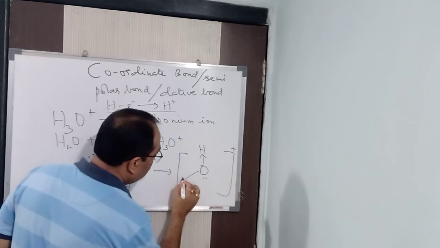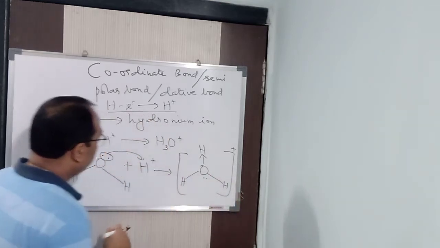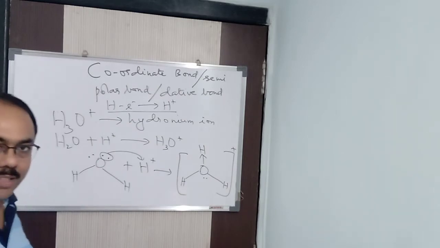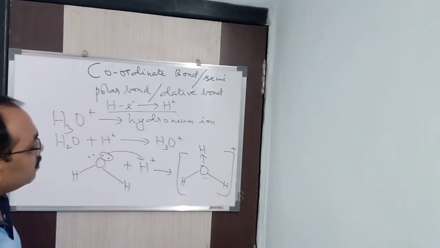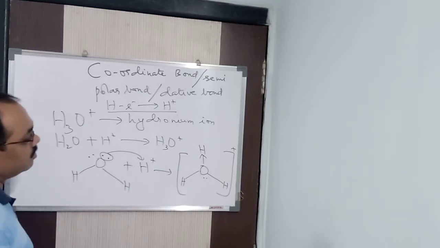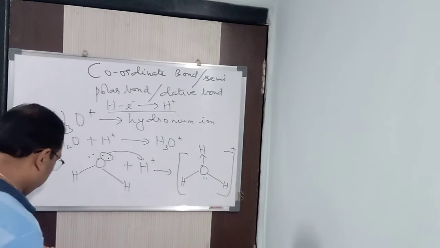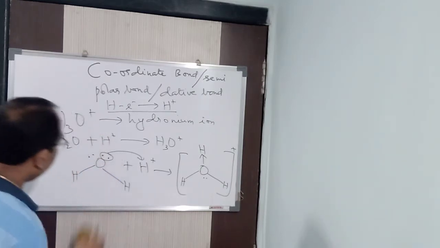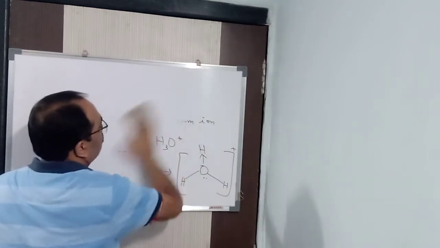Because the shape actually changes. H3O plus, the shape is not this, of course, and hence I did not write it that way. Got it? H3O plus, you have read the shape. The shape is not this, of course, it is not bent. The shape changes. So in this way, this is the formation of the H3O plus ion. Clear? Next, we will see the formation of some more molecules.